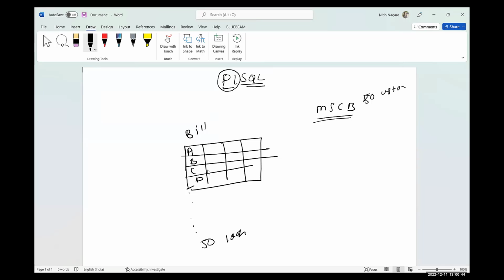In a month, Jan to Feb, A consumed 50 units, another 30 units, 40 units, 60 units. The rate per unit is something like 3 rupees, 4 rupees, 5 rupees. So how do they calculate and generate the bill for each customer according to usage and send the exact bill to you?